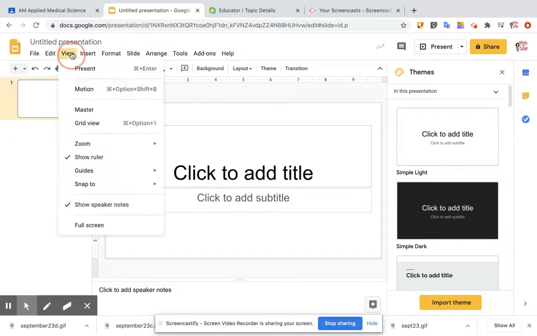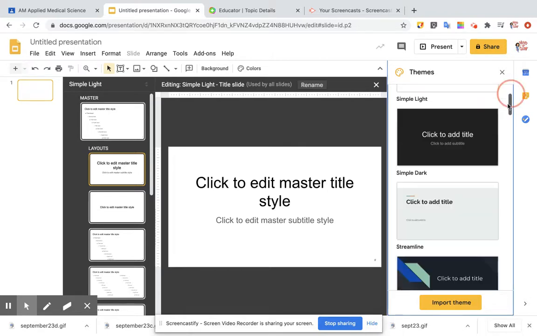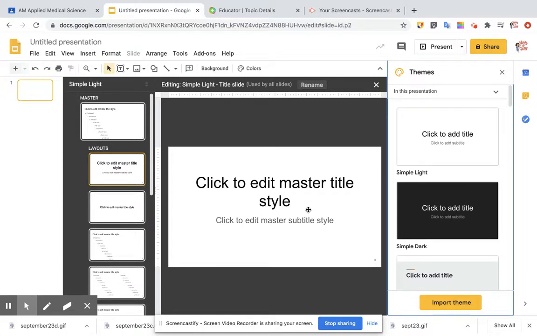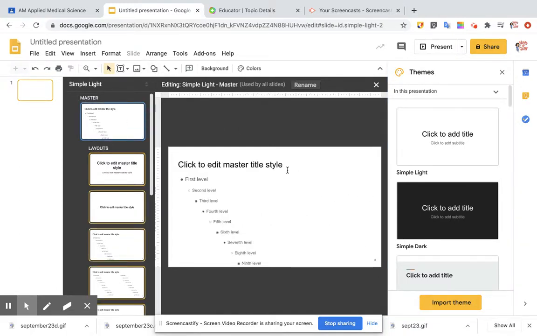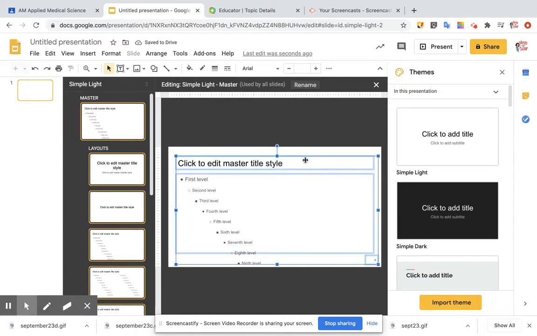So I'm going to go up here to View, and I'm going to hit Master. And I want to create a master style. Now I can look at any of the templates they have, and I can adapt their template to what I need. Well, the simple light works for me, so I'm going to just click on that and edit the title style. So just select,